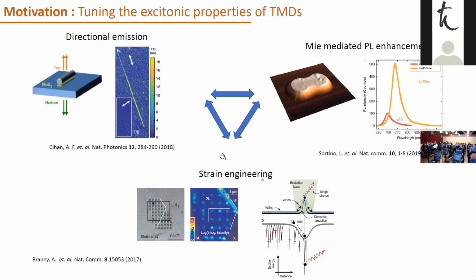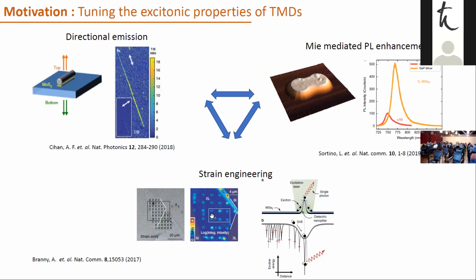But as we've seen in the previous talk, there are also other effects which are not linked to the electromagnetic properties of the antennas, but really the physical properties. If you put a flake on top of antennas, you will strain the flake locally, which will decrease the gap, and through exciton drift, you may enhance the photoluminescence locally,